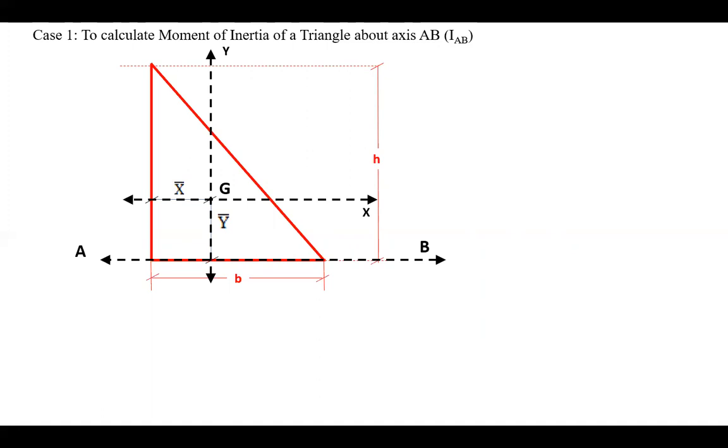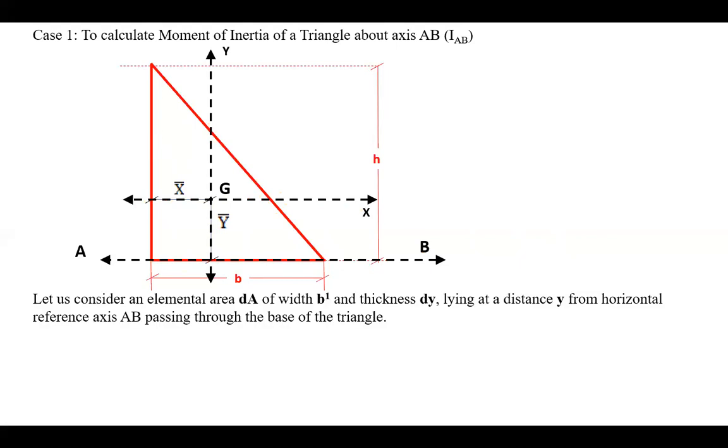What will we be doing? Initially we will not be finding the moment of inertia about the x-axis. In the previous case, for the rectangle, we calculated the moment of inertia about the central axis, and then about the base. But in this case, we will find the moment of inertia about the base, and then, using the parallel axis theorem, find the moment of inertia about the central axis. Why the difference? Because finding it about the central axis directly will be difficult. I'll let you know why.